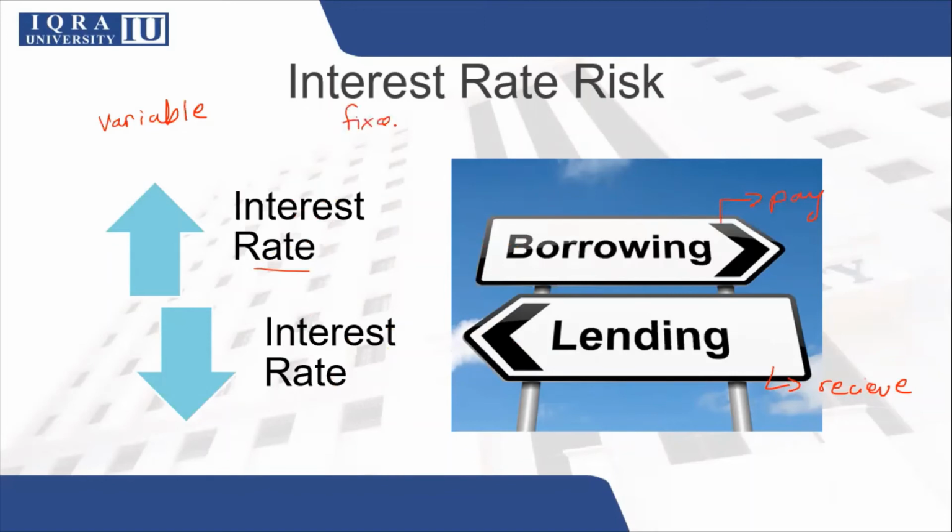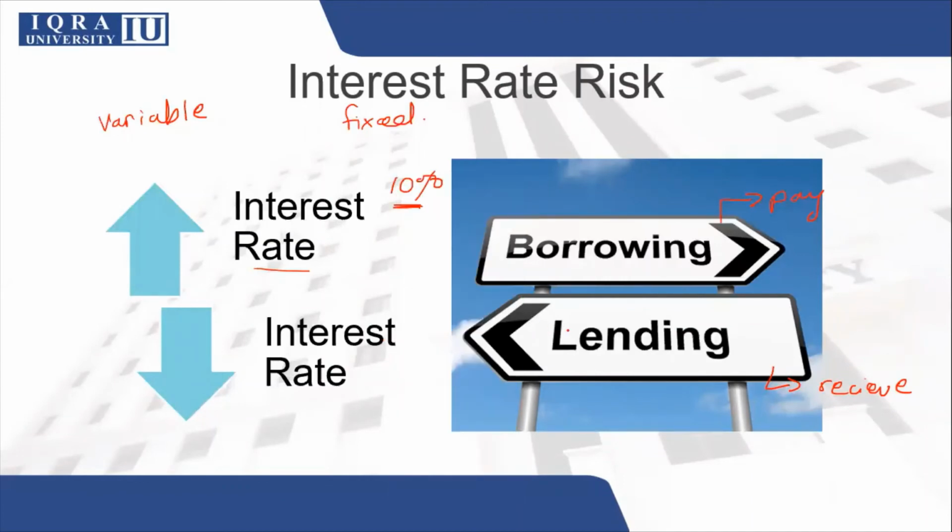Now let's consider fixed interest rate. If you have gone into a fixed interest rate contract and you are a borrower and the interest rate increases, you will be happy because your interest rate is fixed at a certain amount. So let's say it's fixed at 10% and the interest rate has gone to 12%, you still have to pay the 10% amount. Whereas if the interest rate declines, then you will be at a disadvantage because you cannot take advantage of the lower interest rate and you still have to pay the 10% amount.